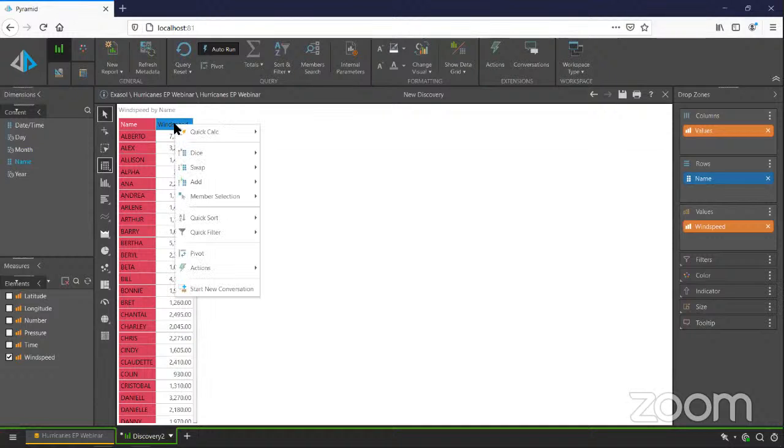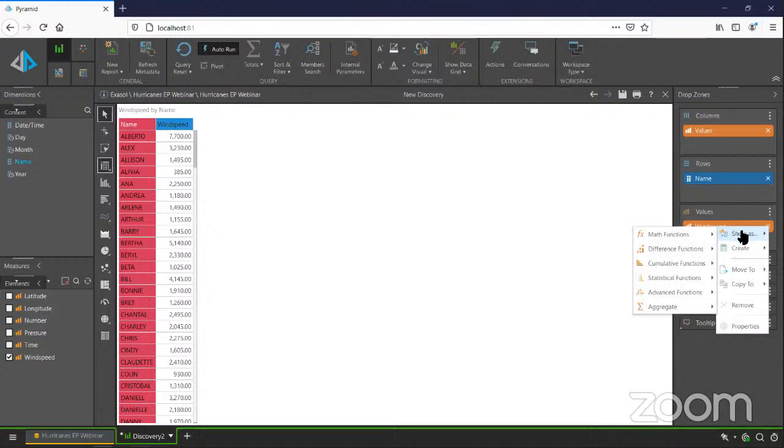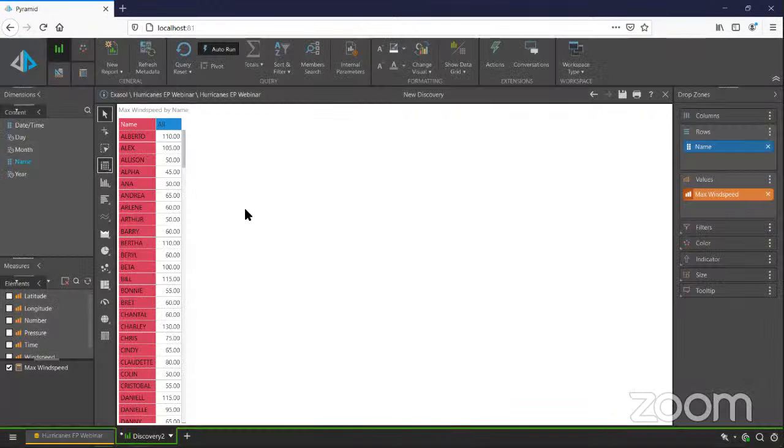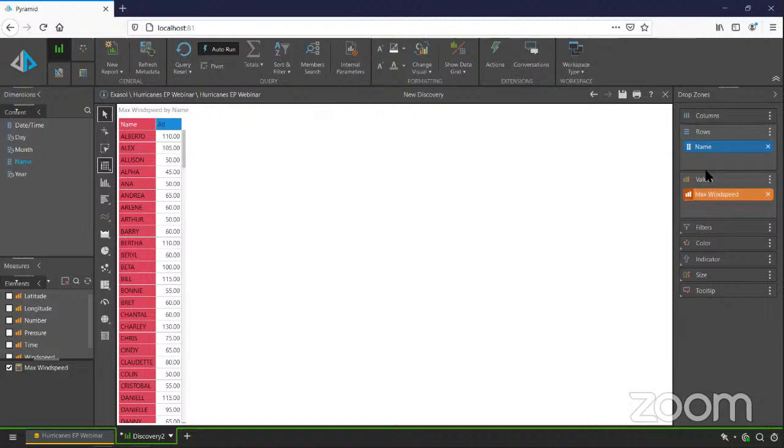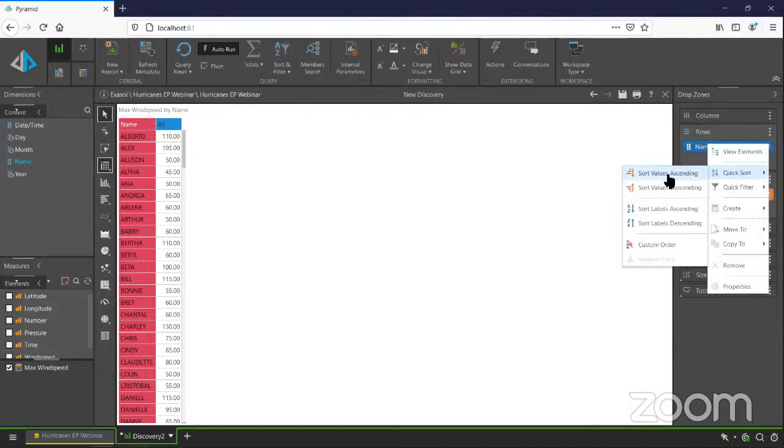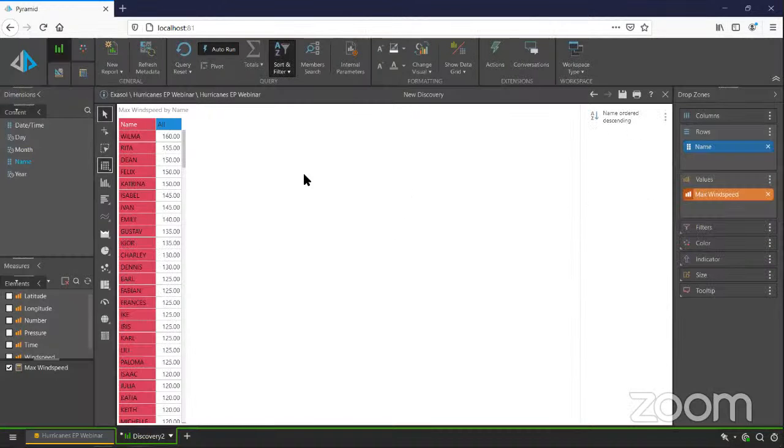And Pyramid is creating an aggregate model in here, but what I might want to show rather than that one is to actually show that, for example, as a maximum value. So actually show the maximum wind speed in here, and then I want to do a quick sort on that descending.